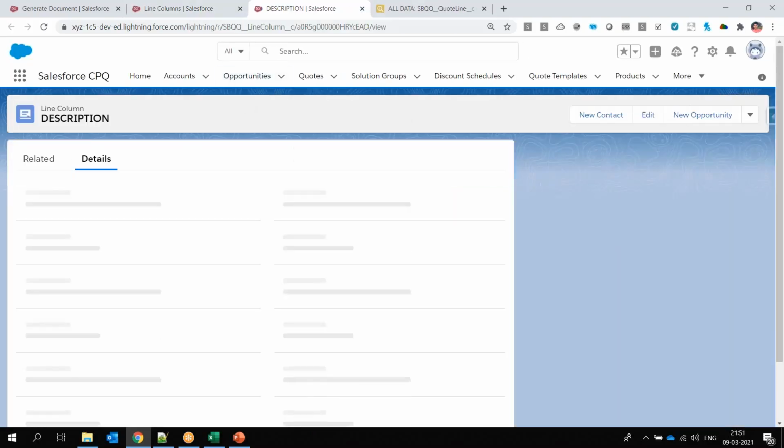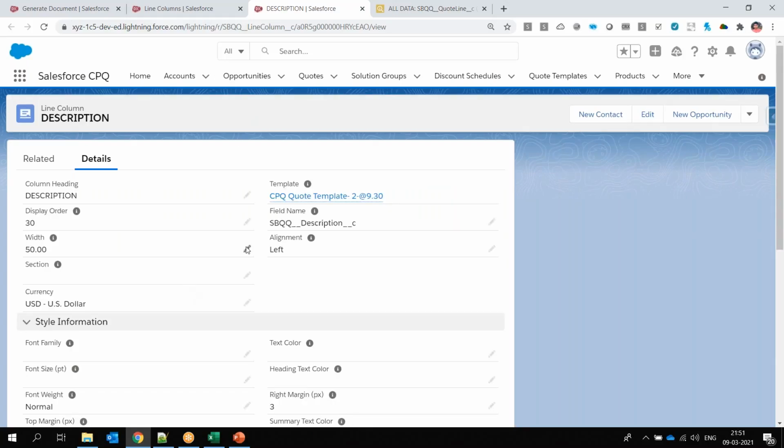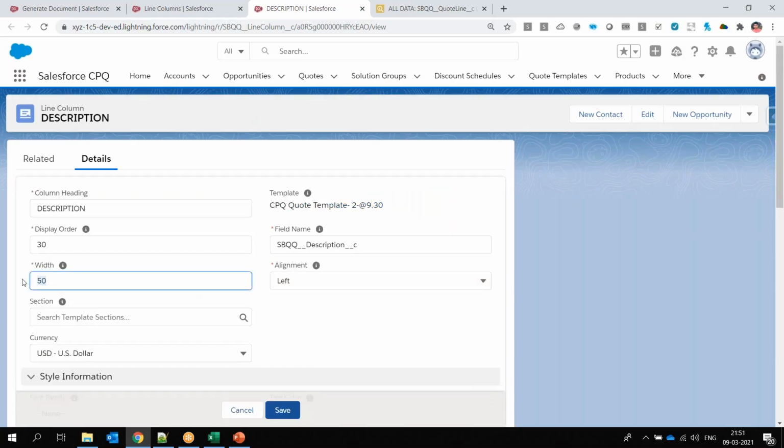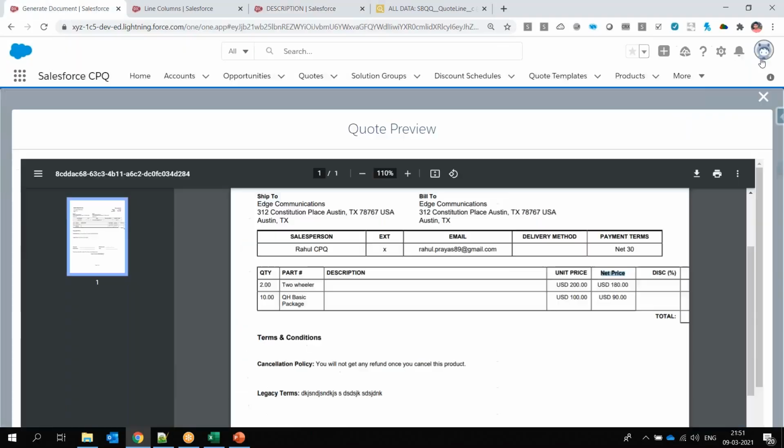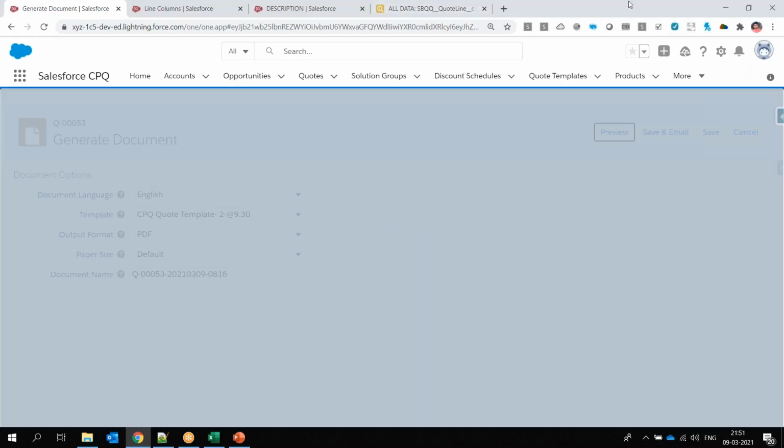So it's all about formatting, so you don't need to worry, it's not like that. So you can give the formatting, like instead of 40 I will say 30. So you will add, it will adjust your width. So if I generate again,